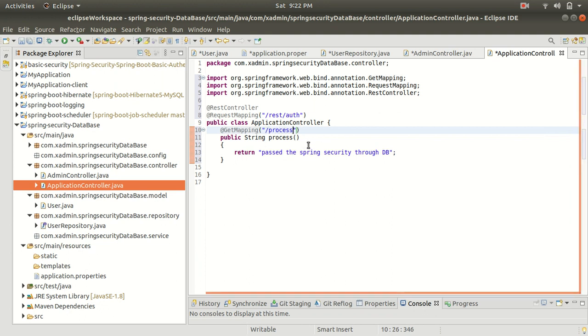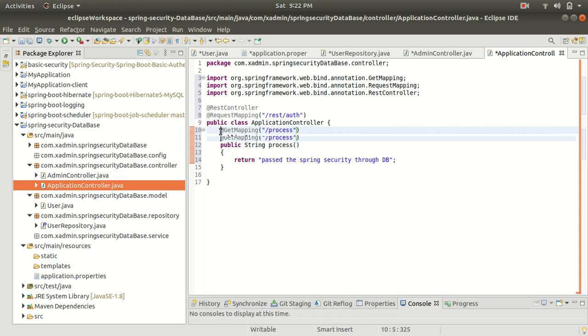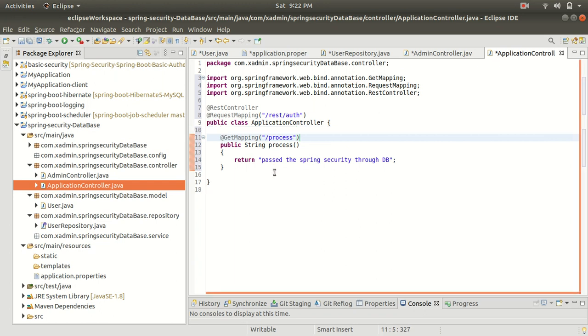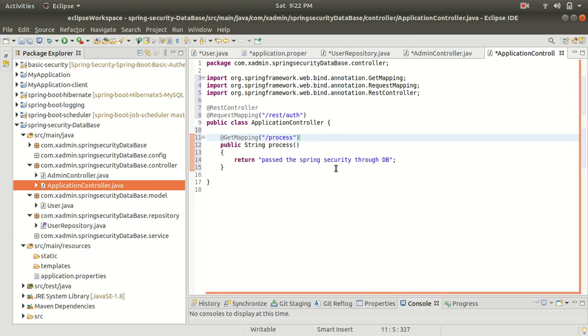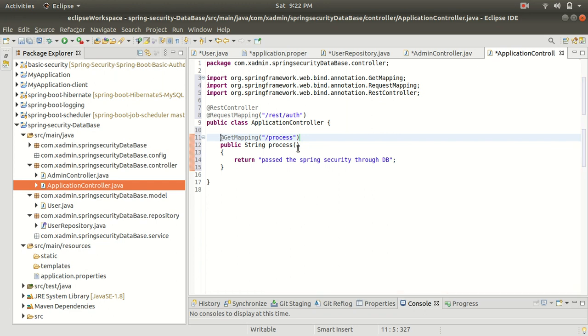Alright, so guys, I have created one more endpoint, and here we are just returning a dummy string like pass the Spring security through DB. Alright, so this is our one more controller in which I have created one more endpoint with the URL process. Alright, so now guys, I am going to create our config class.